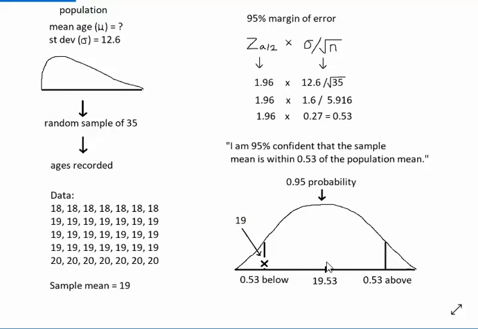What we just discovered is that if the sample mean of 19 is between these 2 boundary points, then the population mean, which is unknown, can be no lower than 18.47 and no higher than 19.53. If the sample mean of 19 is between these 2 boundary points, then the unknown population mean has to be something between